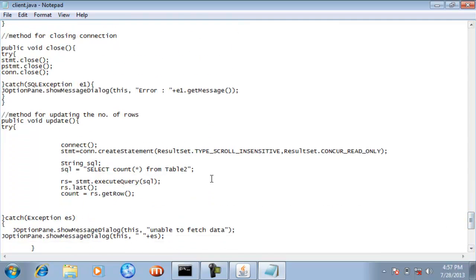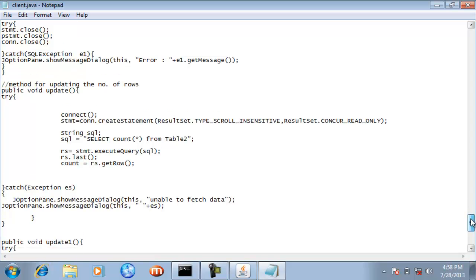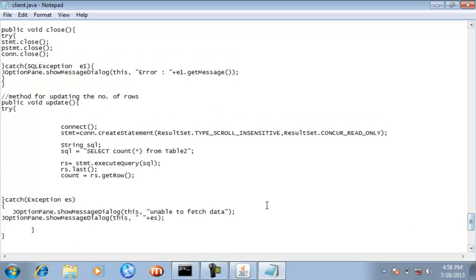Down here you can see the method for updating the number of rows, public void update, and inside this update method I have used the try and catch block for the entire method. Okay, up to this.